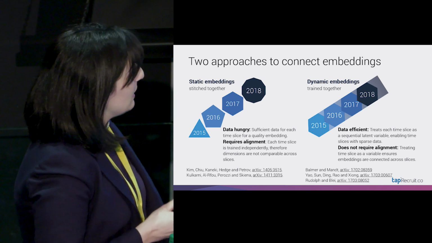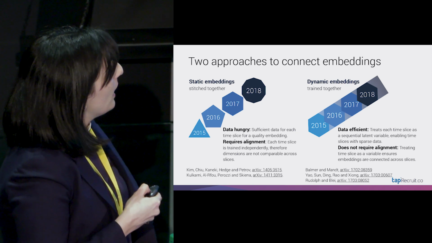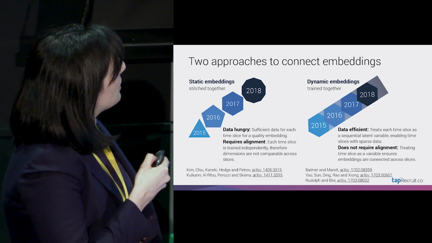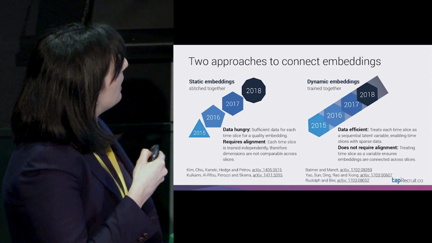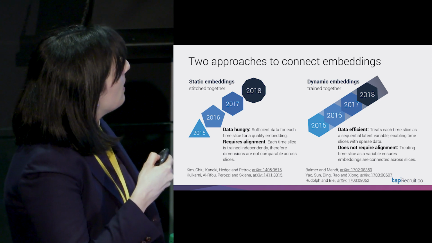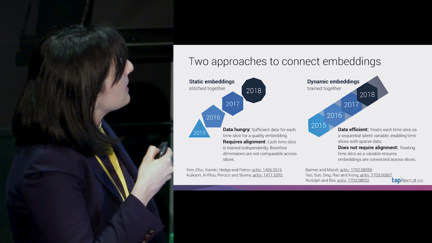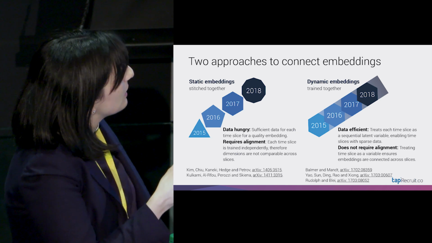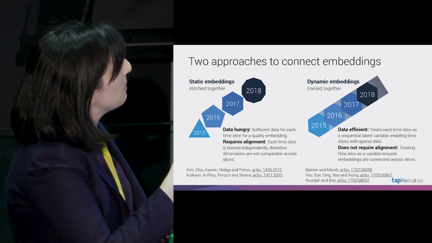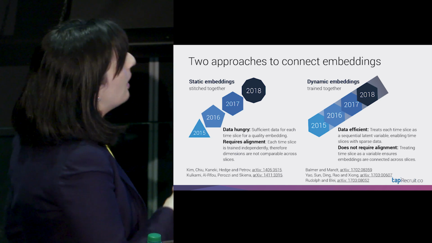And the second is that this requires alignment. Just because we have a 300-dimensional embedding in each of the cases doesn't mean that you could figure out where experience is in this one and then map it to that one and that it's going to be in the same place. You actually have to stitch this experience to that experience and that experience. So you have to find the words that are constant between them, decide what those are, and then stitch them,